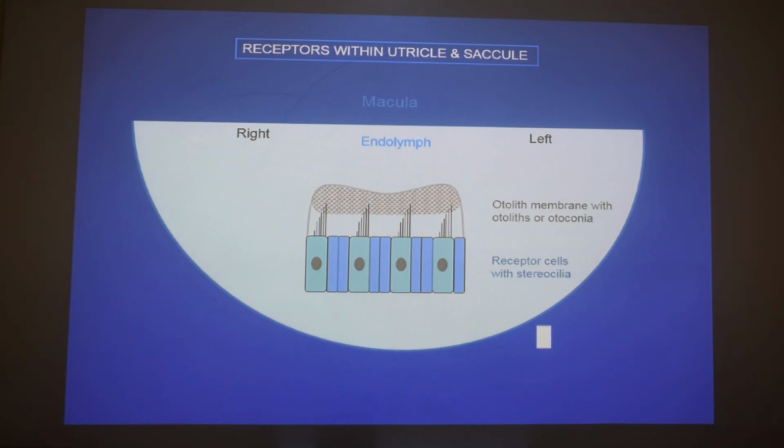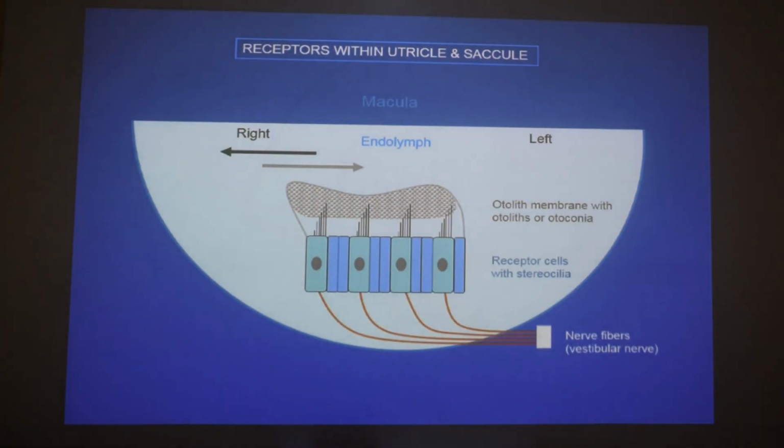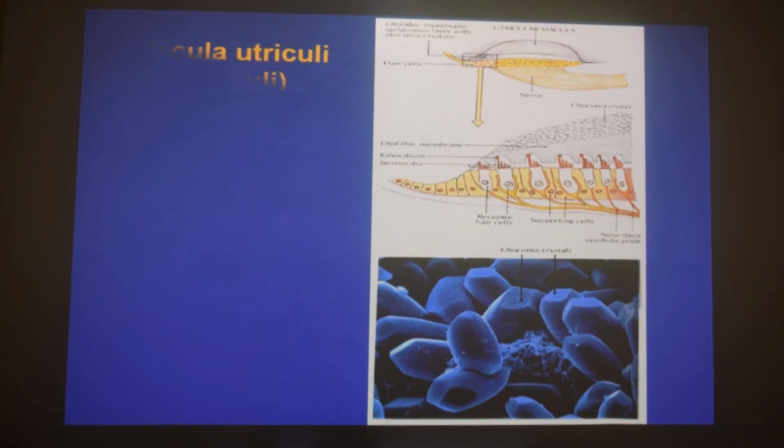As the endolymph moves in the utricle during linear motion, right or left, it results in movement of the otoliths over the top of the stereocilia. This results in generation of electrical signals from these receptor cells, which will pass into the vestibular nerve. So what you are seeing here